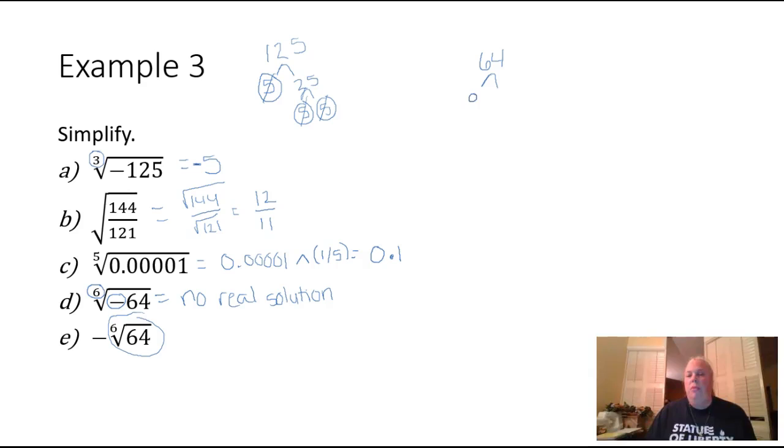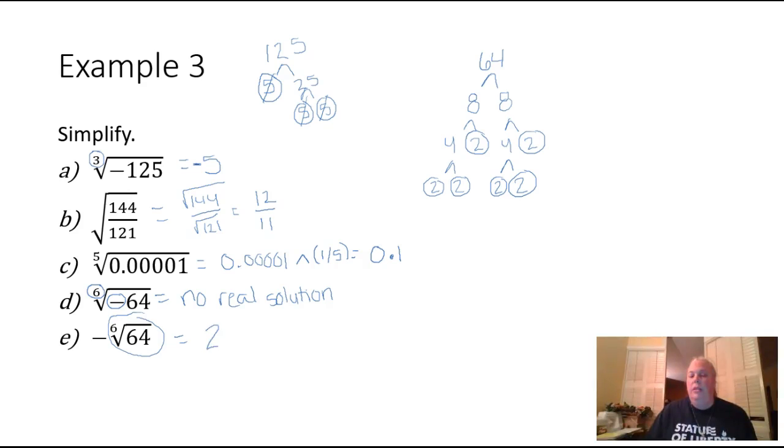So I know 64 is actually 8 times 8. And this 8 I know to be 4 times 2. This is a prime number. And this 8 is also 4 times 2. And this is a prime number. But this 4 can actually break down again into 2 times 2. And this 4 can also break down again into 2 times 2. And now I can see that I have 1, 2, 3, 4, 5, 6 2's,